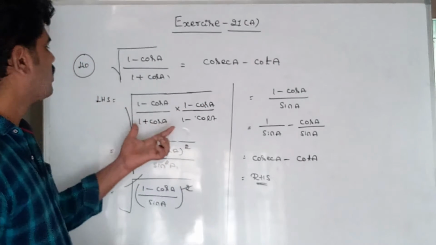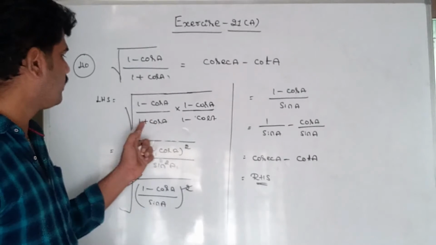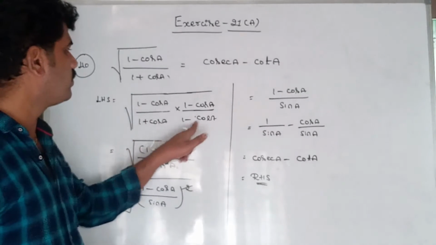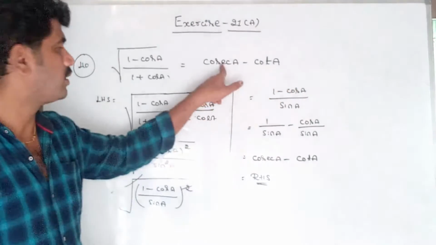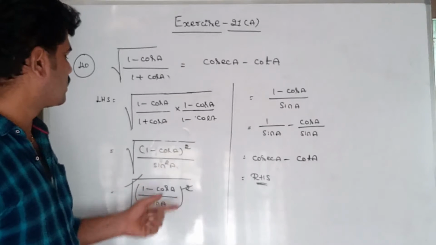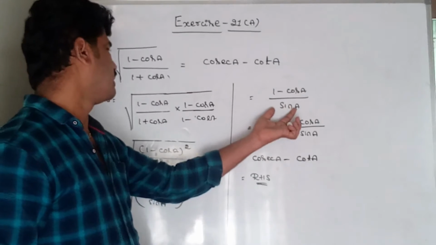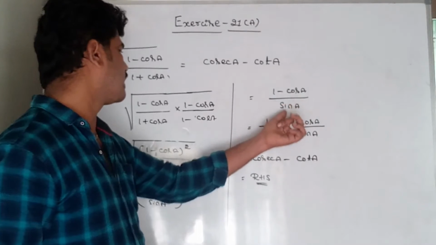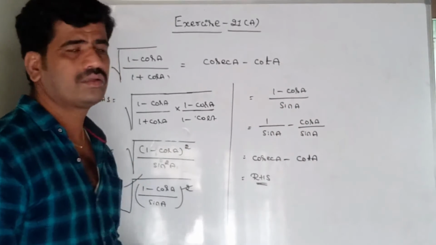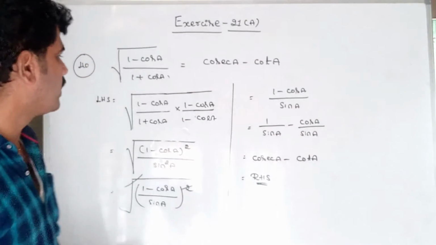One thing you have to observe here: whenever you take the square root with the conjugate of 1 plus cos A, if you take 1 minus cos A, we won't get the denominator. Keep in your mind, 1 plus cos A times 1 minus cos A gives sin square A, and the square and root get cancelled. So if you are going to take the reciprocal relation, the denominator will come. Keep that in your mind.